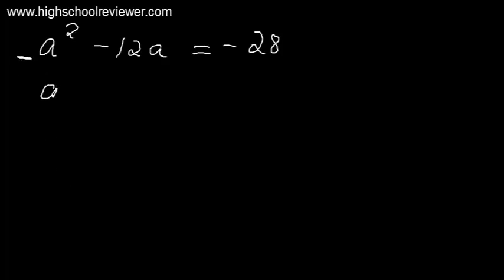Now, a squared minus 12a, we will have here a third term in order to complete the square. So our third term here will be added. And our third term will be a fraction. So the numerator will be the numerical coefficient, and that is 12. Disregard the sign, okay? And our denominator will be the number 2. So the number 2 is constant. So we have here plus 12 divided by 2, and then this term will be raised to the power of